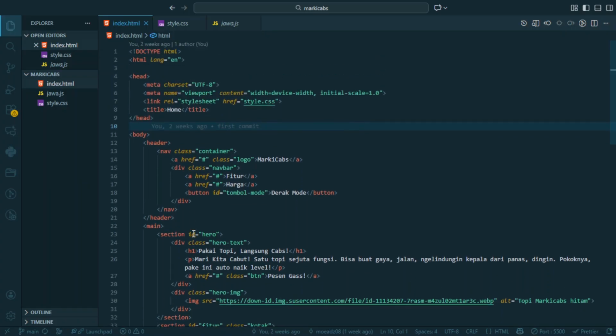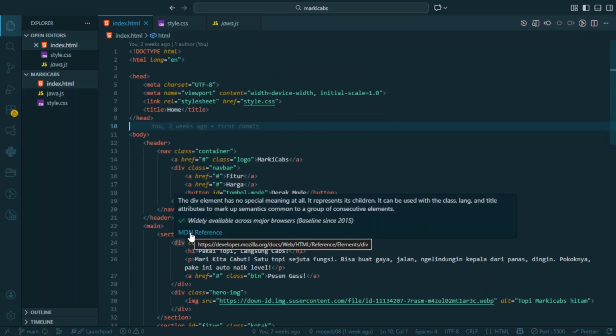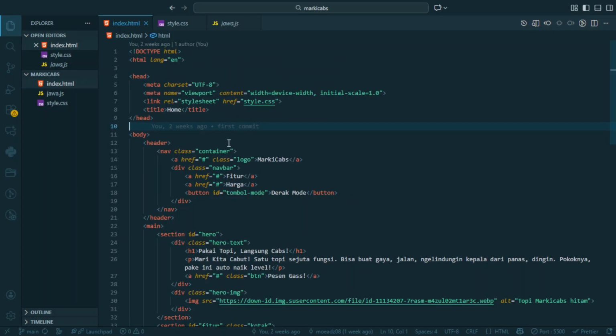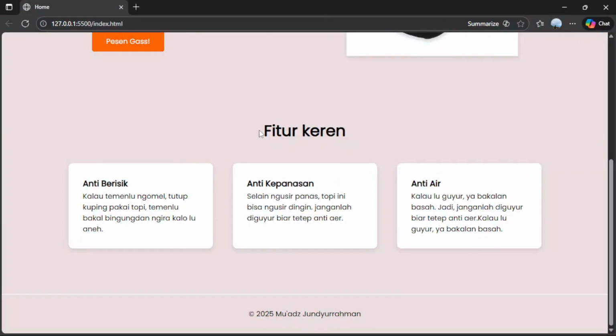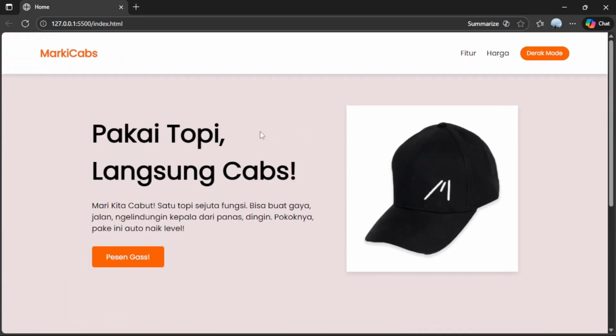And then accessibility. If there is a user that uses a screen reader, semantic HTML helps them navigate this page more easily.